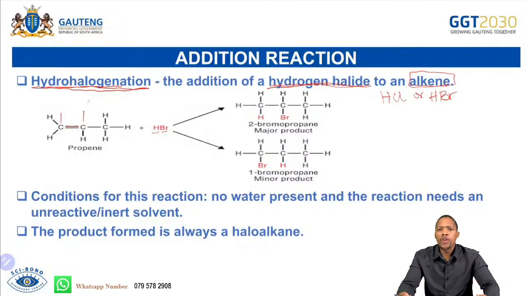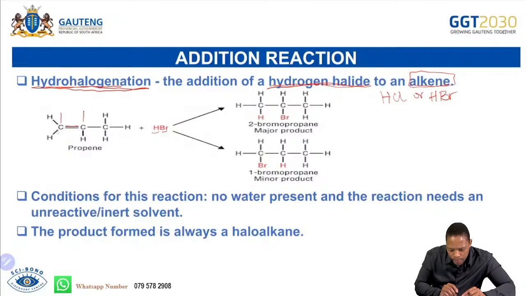So there's a rule that we use called the Markovnikov rule. I did not write it down here because we really don't need to memorize it. It's not part of our examination guideline. However, we need to be able to apply it. The Markovnikov rule tells us that the carbon that already has more hydrogens, between the two carbons,